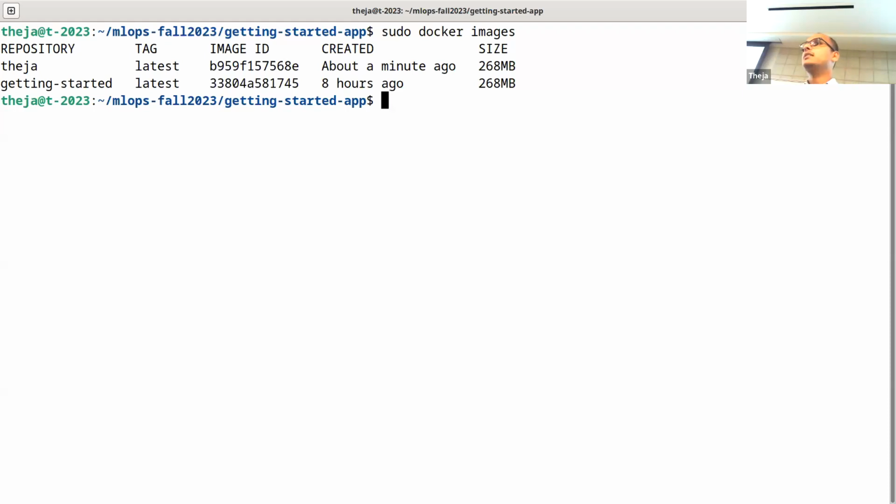Now what we want to do is run a container from this, like start a program. From the program's perspective, it will see a file system, but it's not a real file system. It's that box that we saw in the slide. So how do we start the